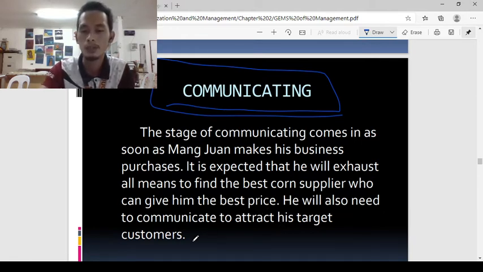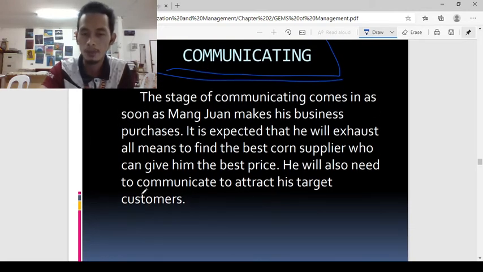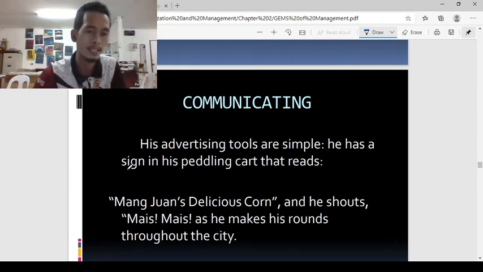He will also need to communicate to attract his target customers. So, kinahanglan na siya communication, marketing strategy, diba? To attract customers. That is under communicating. His advertising tools are simple. He has a sign in